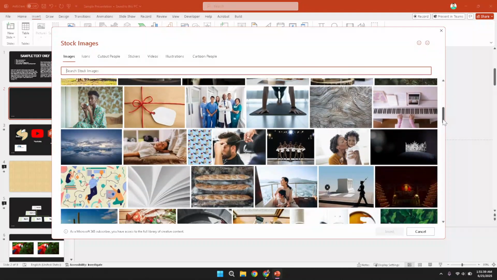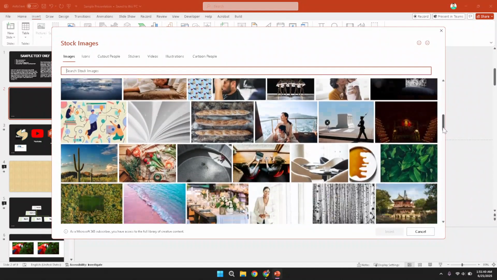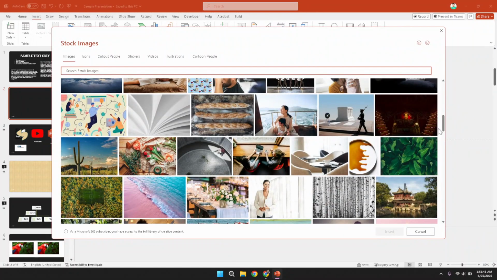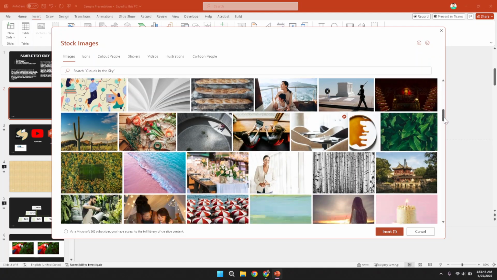Once you have chosen the stock images option, you will be taken to a search interface or gallery where you can browse through the available picture options. When browsing, take the time to observe the thumbnails and preview the images to ensure they match the theme and tone of your presentation. It helps to think about how each image will complement the text and overall design of